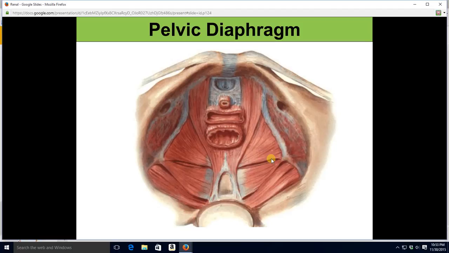And here is the entire muscular floor at the bottom of the pelvis. This is a girl pelvis here. We see the muscular floor here. This is the pelvic diaphragm. How do we know this is a girl? Well, we see 3 tubes: rectum, vagina, and urethra. The muscle directly around the vagina and the urethra would constitute the urogenital diaphragm, which of course contains the external urethral sphincter.